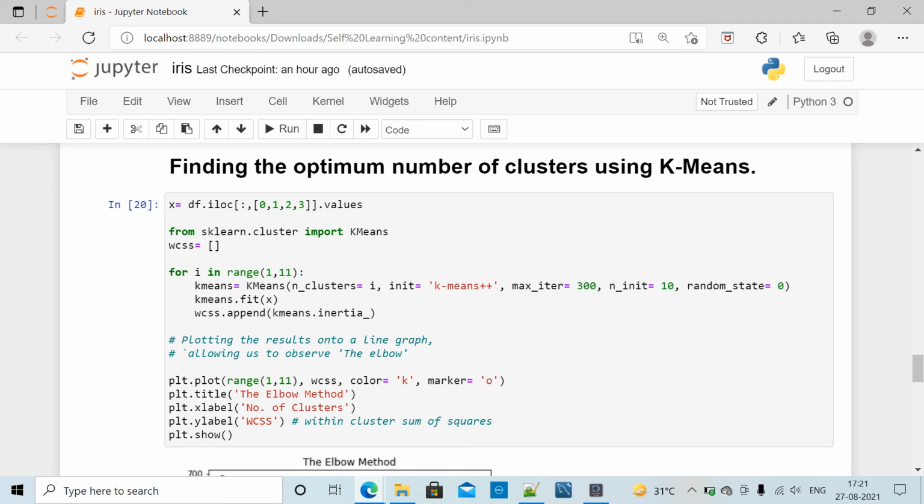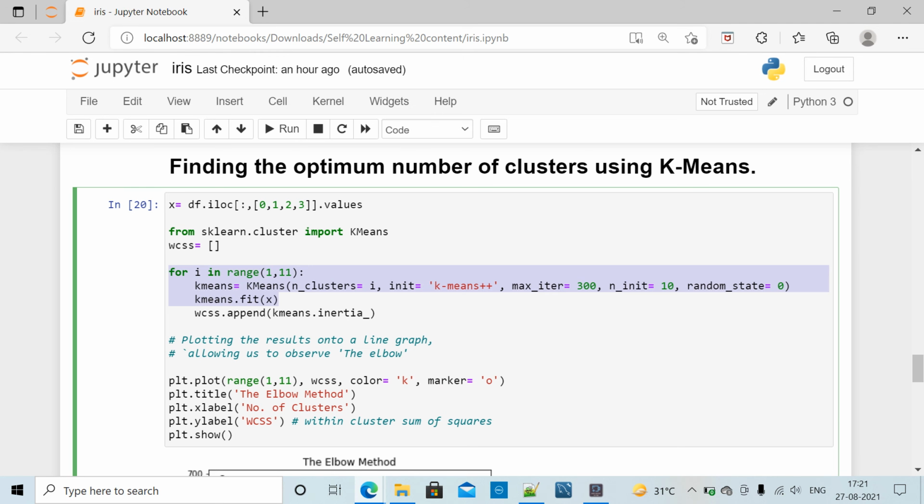This is the function we have created. This is our loop for this data: for i in range(1,11), kmeans equal to KMeans with n_clusters equal to i, then kmeans.fit, append, plotting the results on a line graph, allowing us to observe the elbow.